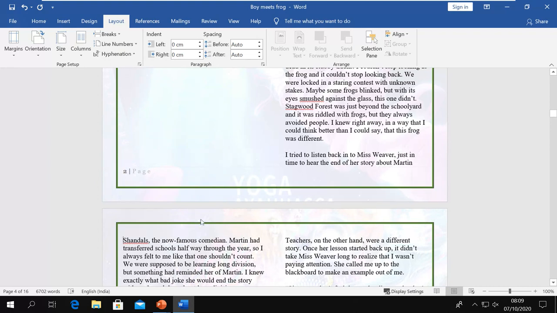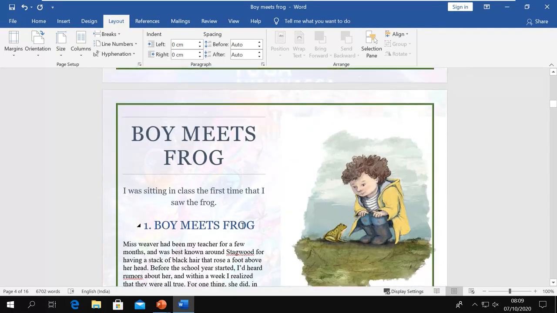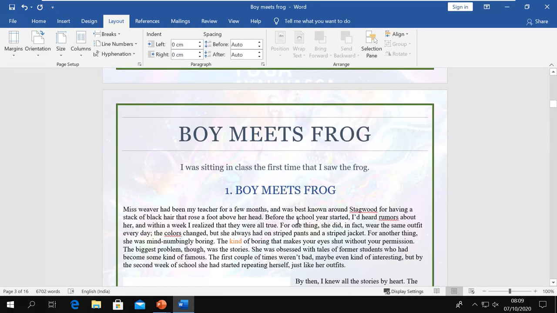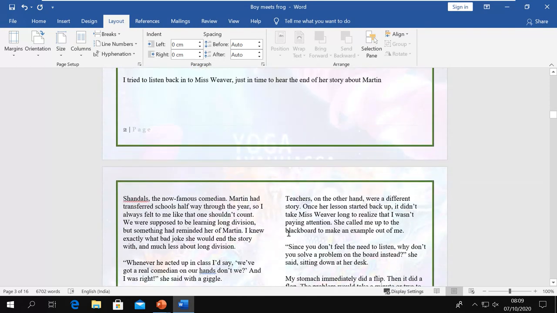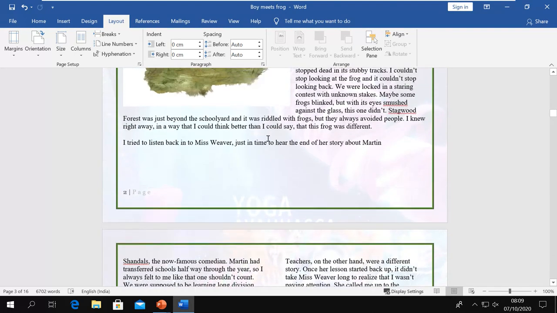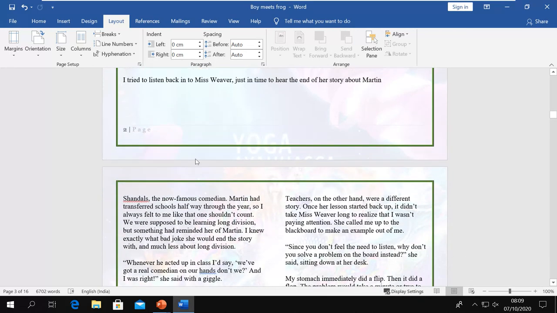Section is broken. So this page I can format separately, and this page I can format separately. Now I go to this page and I say here I want single column. Now this page is in single column, but in the next page you can see it is still in two columns, because I divided it into two sections. So this is what these breaks do.